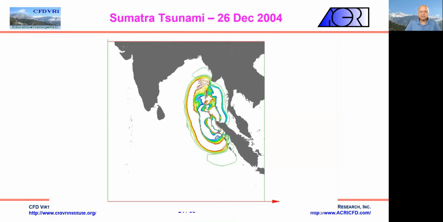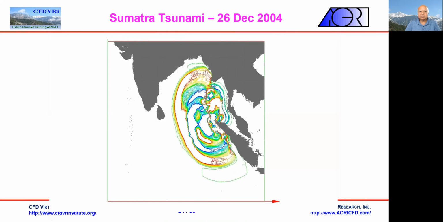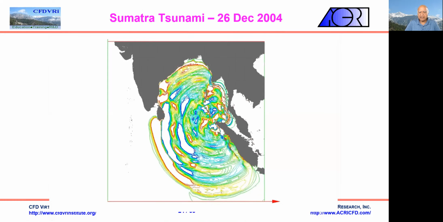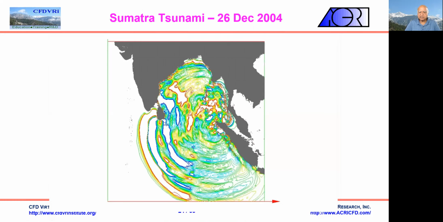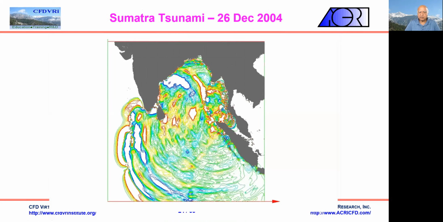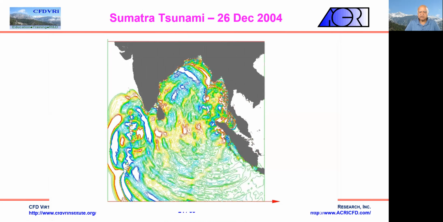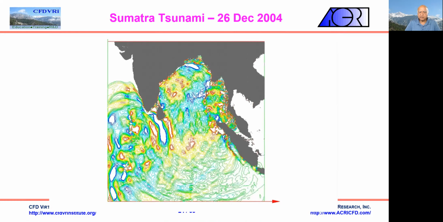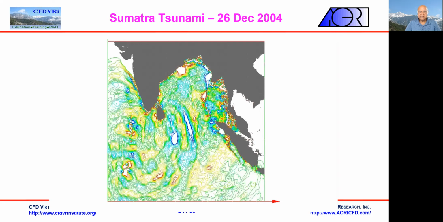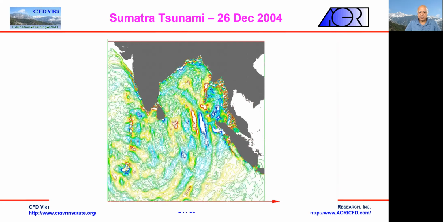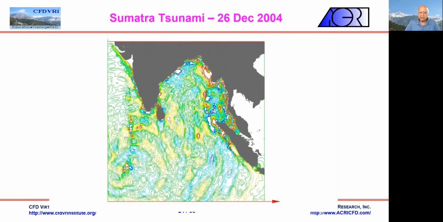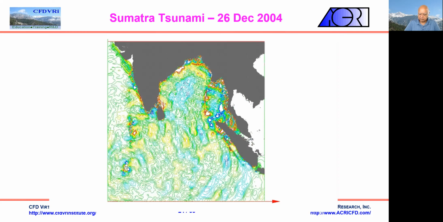This is another case of a tsunami being simulated. This was the Sumatra Tsunami of 2004. And we performed a simulation of that tsunami in hindsight to try and match what was observed in terms of flooding and water heights at different points on the coast of India. And the interesting thing here is that the impact of the tsunami even went to the west coast and the Arabian Sea, thousands of miles away.